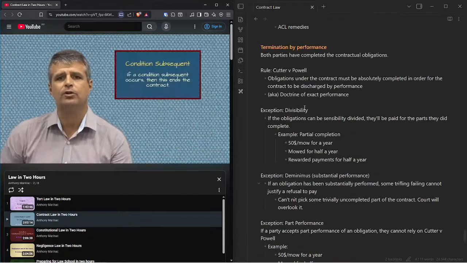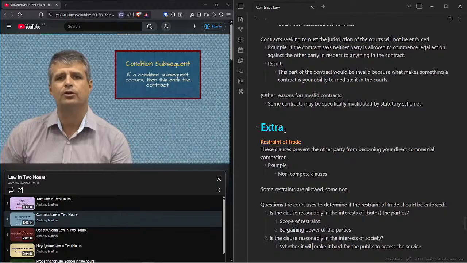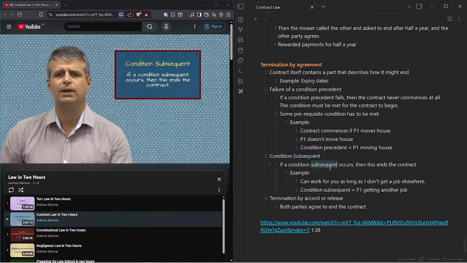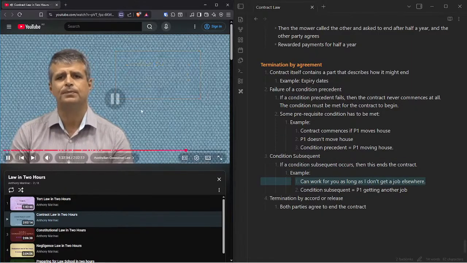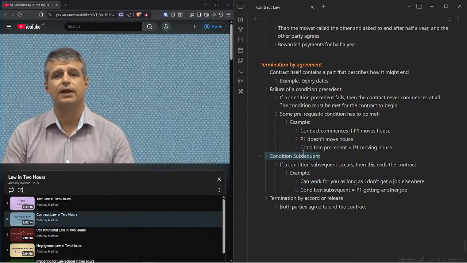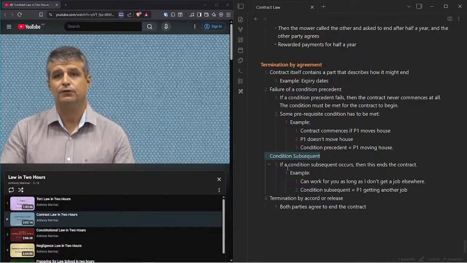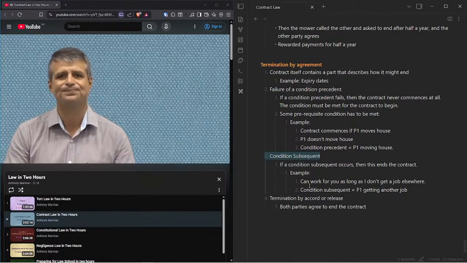But termination by agreement, the different ways of ending a contract. You say to me, condition subsequent: Anthony, I really appreciate the work, but I'm also applying for other weekend work. And if I get one of those jobs, I won't be able to keep mowing the lawn. So we put in the contract a condition subsequent, saying that if you get other employment on the weekends, the contract will be terminated. If you do get work, the contract is over and we're all happy. If you don't get work, well, then you keep mowing the lawns and we're all happy.